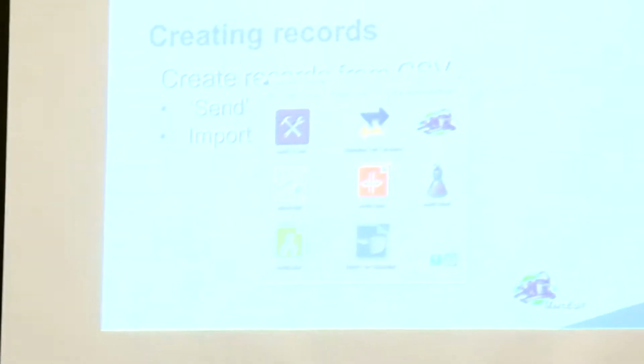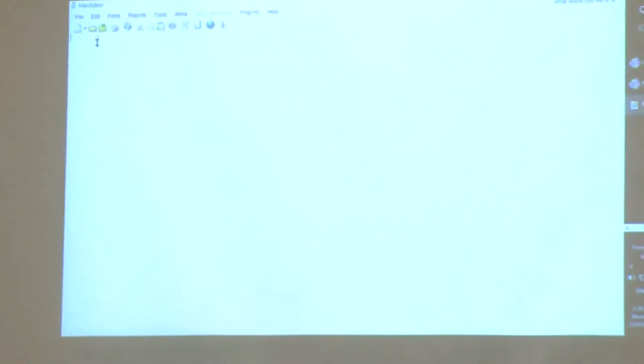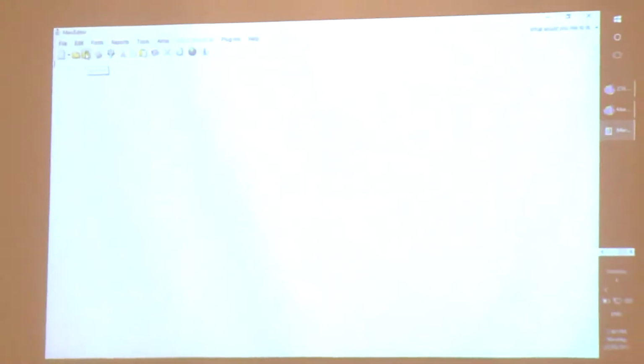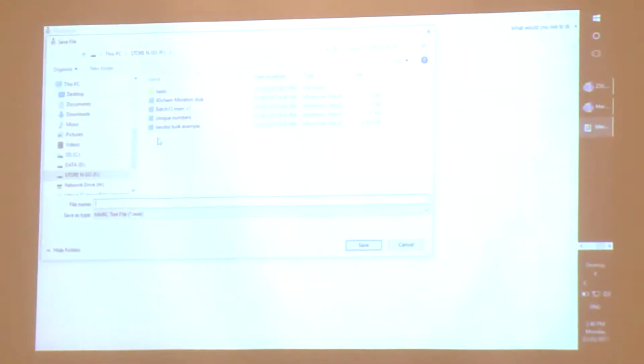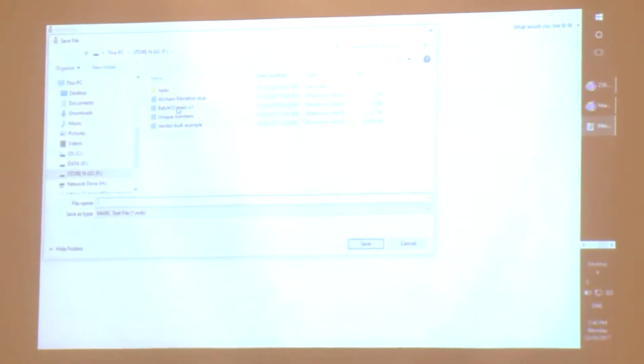I tend generally to create them in MarcEdit and then import them into Alma. And I use this quite a lot for creating what we call core records. What I do is create the core records to a certain point using this spreadsheet, and then use,